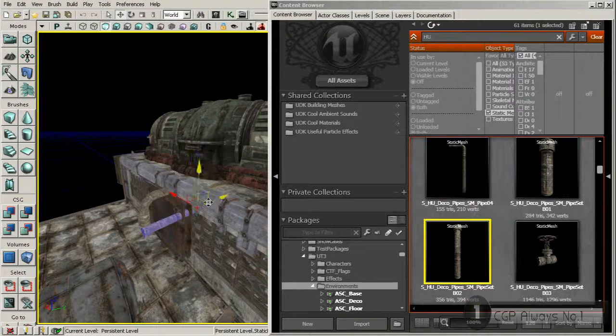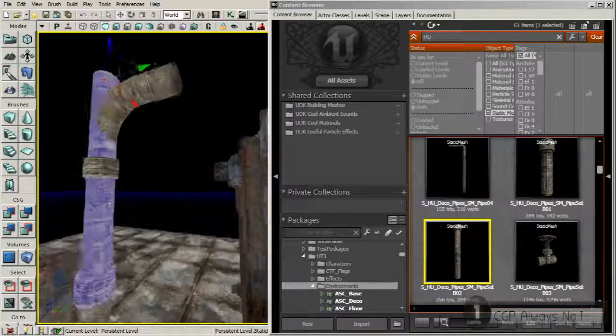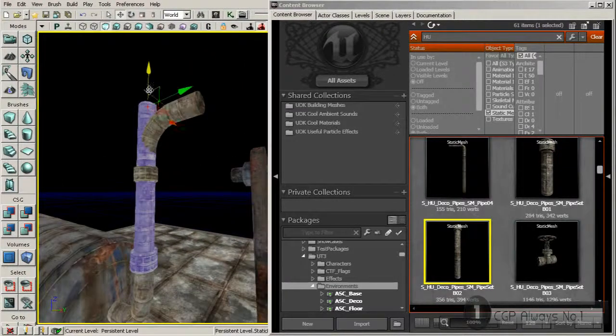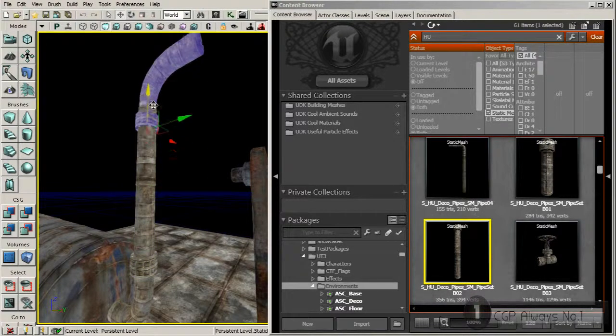Okay, something kind of like that. I'm going to rotate that 90 degrees. And then pull that up right in there. Okay, just kind of fit that down on there,